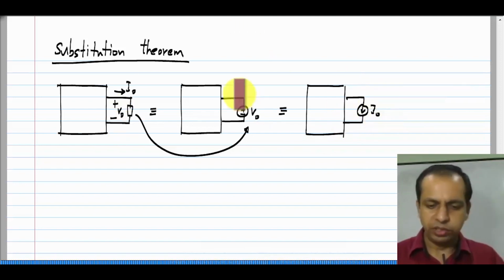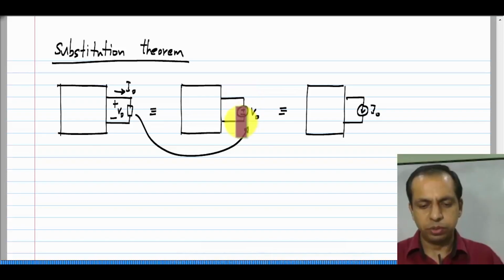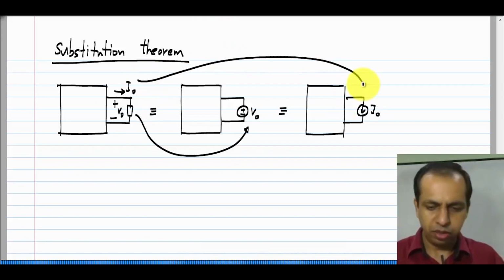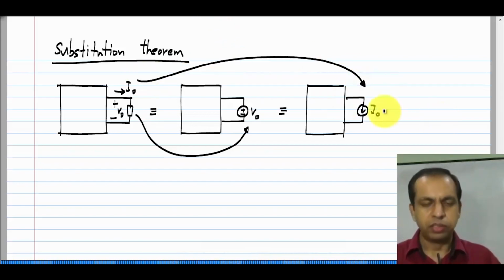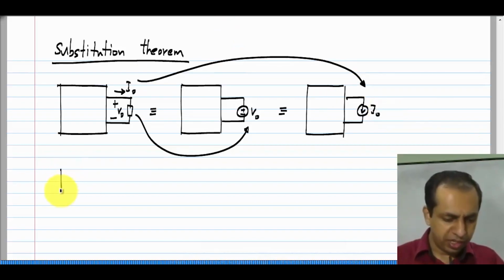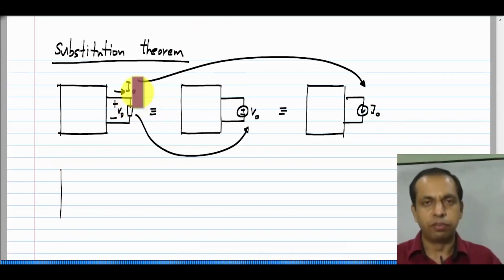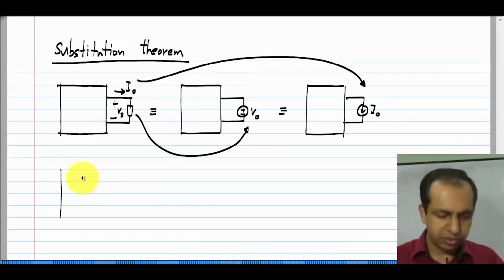Whatever voltage was across this, you can replace that with the voltage source of that value. Whatever current is flowing through that, you can replace it with the current source of that value. This is the substitution theorem. Now, the very minor extension I mentioned is that you do not have to have just one element for it to be substituted, you can have multiple elements. So, for instance,